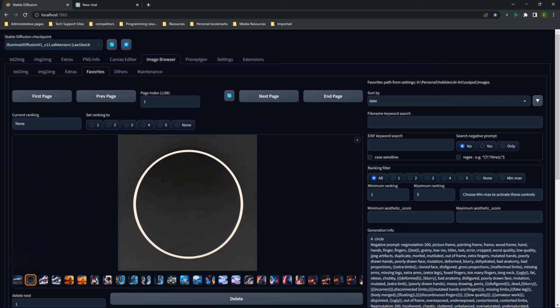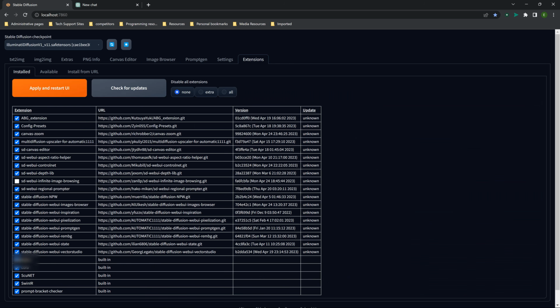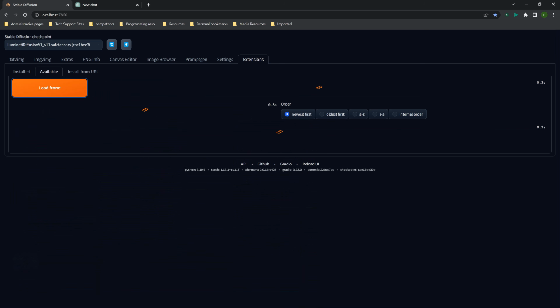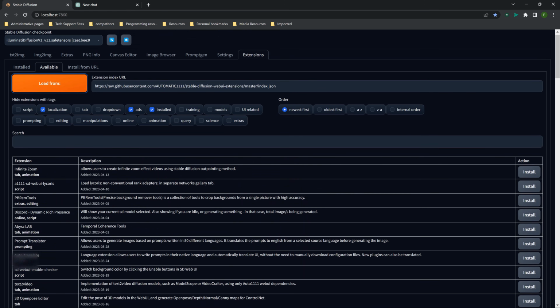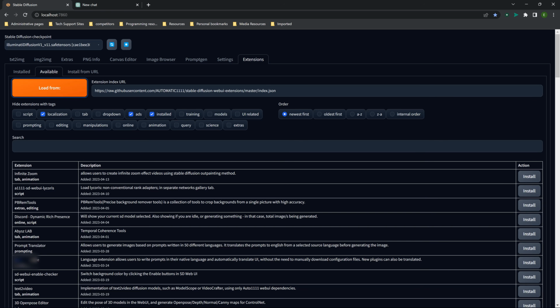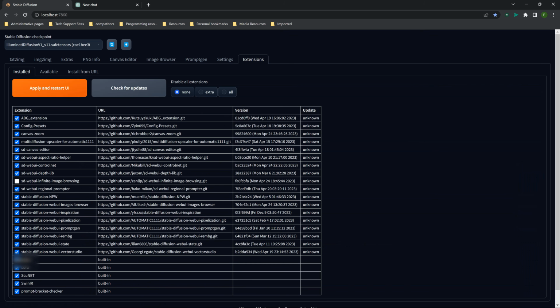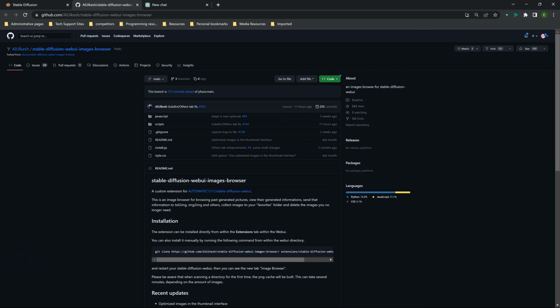Let's see. I do use the newer image browser. This is one you may want to get. It's different than the one that's in the extensions. Like when you do a search for the extensions under available, it's actually different than the one that's here. You have to actually go get the URL for it, which you'd want to go here and grab that URL and do an install from URL for